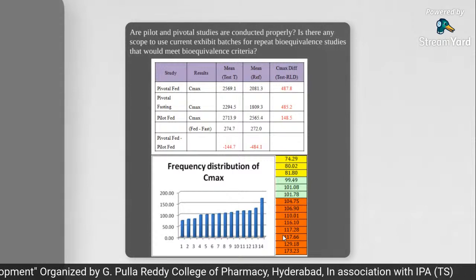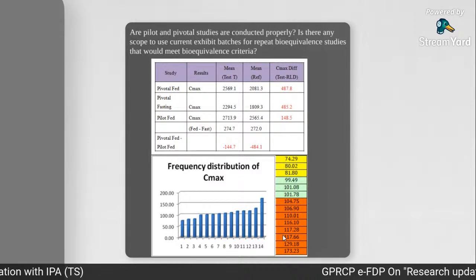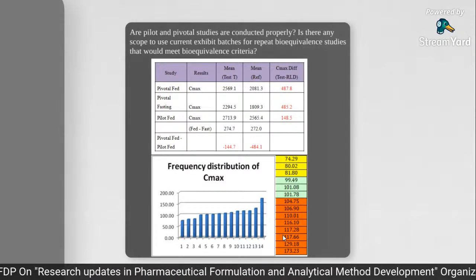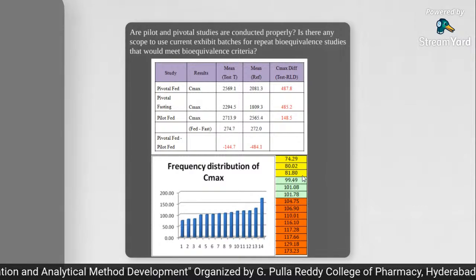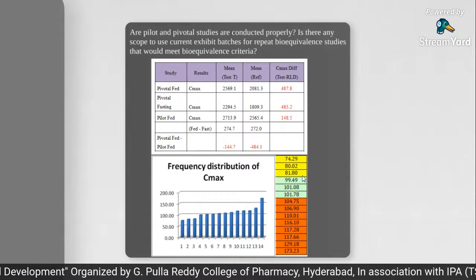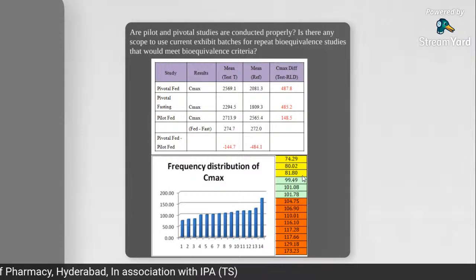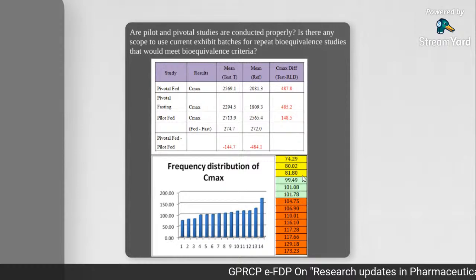If the frequency distribution is normal, skewing in both sides equally, with the center point in the middle, a bell-shaped curve, you will get the average value accurately. But only 3 subjects are on the lower side and 8 subjects on the higher side. These 3 lower side subjects misled our result to the 105 Cmax value. They are the culprits for the lower Cmax value. If these 3 members were not there, we would definitely have got a higher Cmax value in the pilot also.